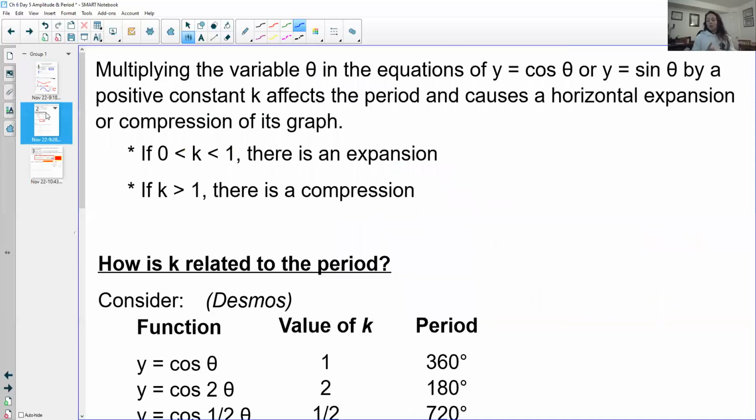Okay, so that's the easy part for your stretches and compressions. Now we get to work with the horizontal ones, which were a little bit more challenging, and those were new to you this year. So when we're dealing with our trig functions and your horizontal compressions, things kind of get